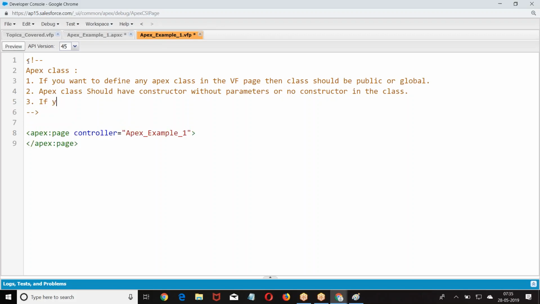If you want to refer to a variable in the Apex class, then the variable should be public or global.